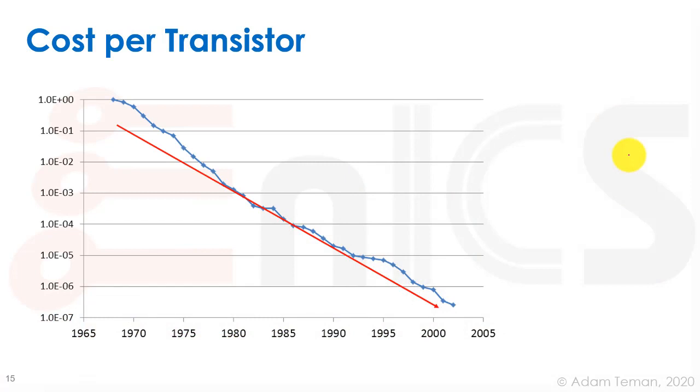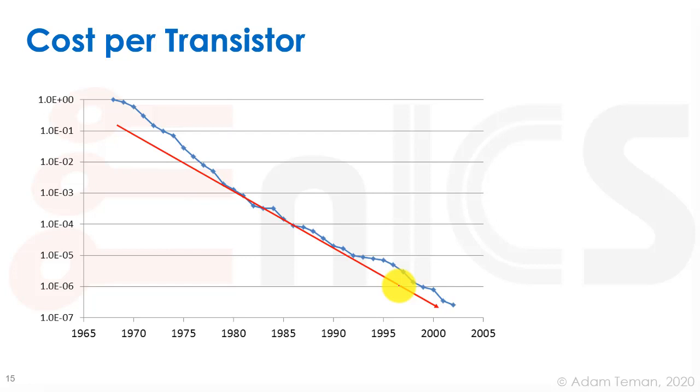Well, I guess that Moore's law, in essence, is an economic law. The only reason for continuously scaling and making everything smaller and integrating more and more transistors on a chip is because the cost goes down. So it's been very important that the cost per transistor has also followed Moore's law and exponentially gone down over the years. You can see from 1965 until 2000 how the cost per transistor has followed this